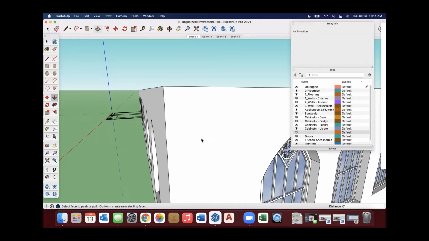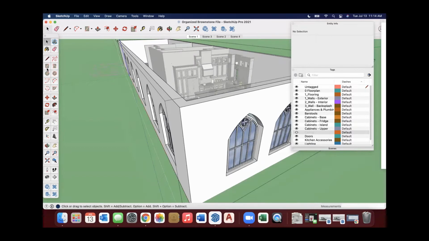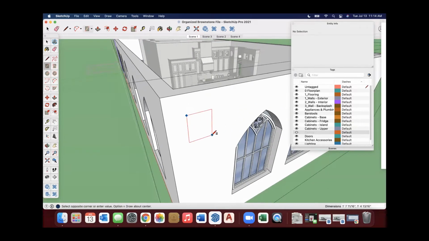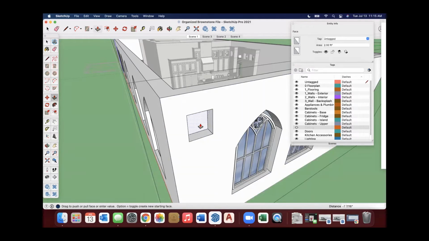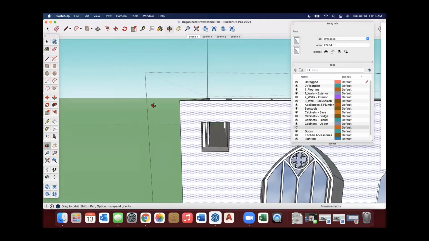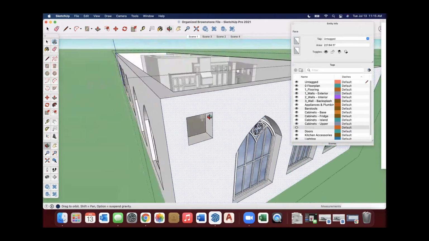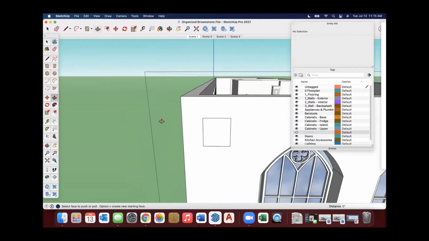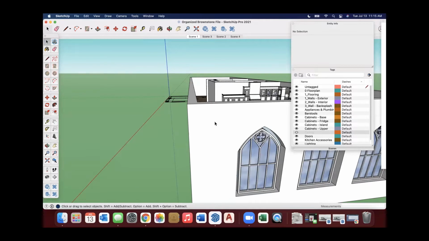If I in fact want to cut through, I need to actually go into edit mode and draw that shape. Then I can take the push pull command and use that to actually push pull and affect a change to that wall. So it's remembering those things that make life easier, because a lot of times in the beginning you'll